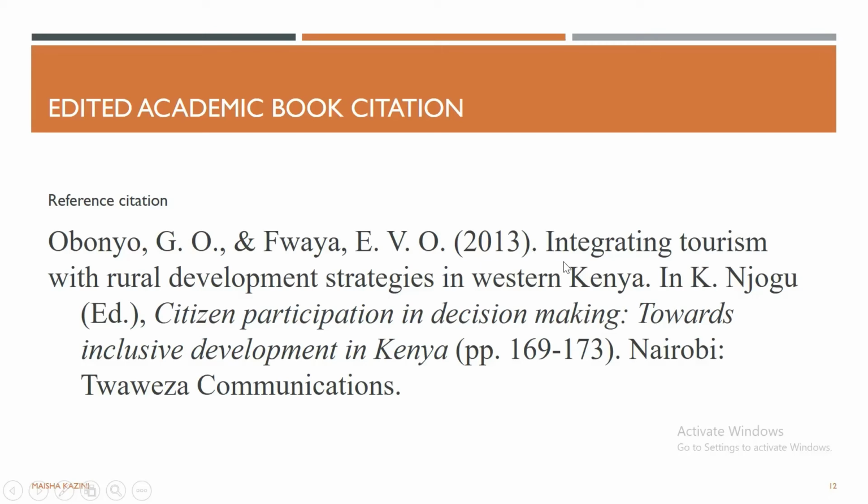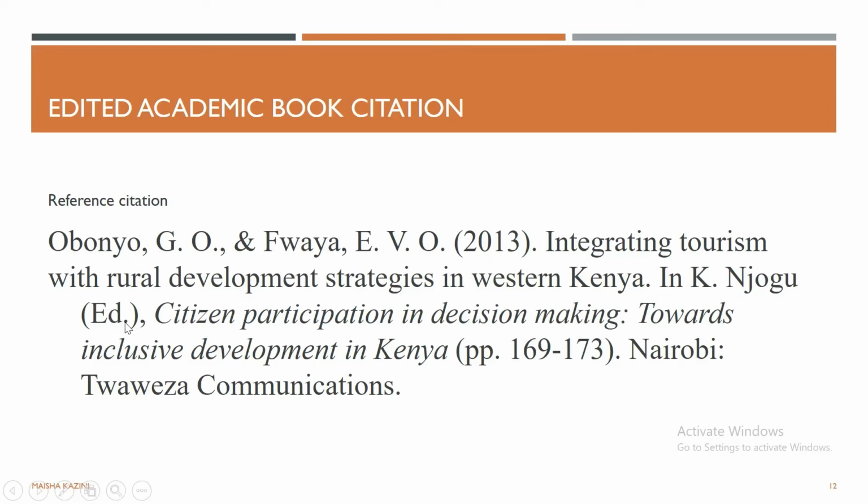Following the year of publication, we have the title of the chapter. And as usual, we keep all words except the ones at the beginning or the proper nouns starting with small letters. When you've written the chapter title and put a full stop and a space, you follow it with the word "in" with a capital I. After the word "in", you follow it with the initial of the first name of the editor which is Kimani, so it is K, and then the surname, followed by a space and this word ED